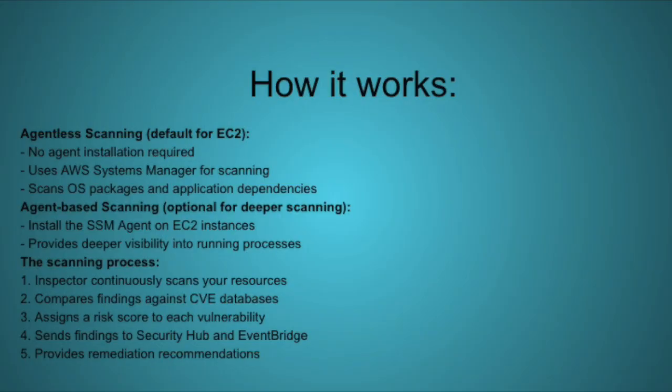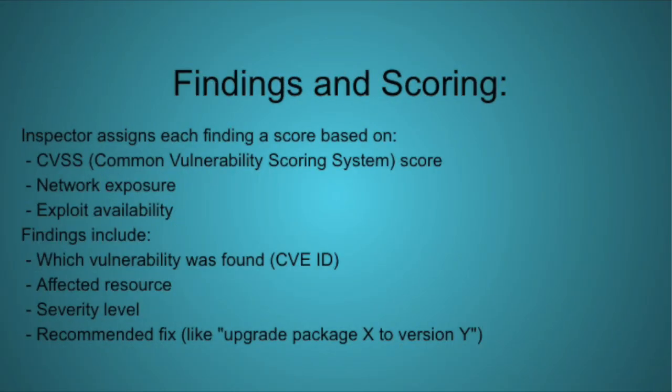The scanning process is: first, Inspector continuously scans your resources, second, then compares findings against CVE databases. Third, it assigns a risk score to each vulnerability, then sends findings to Security Hub and EventBridge, and last, provides remediation recommendations. Inspector assigns each finding a score based on the CVSS, which stands for Common Vulnerability Scoring System, network